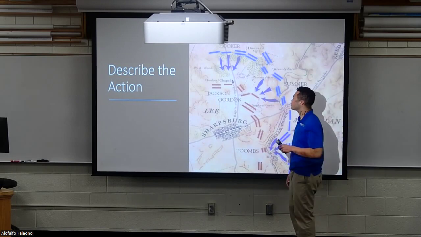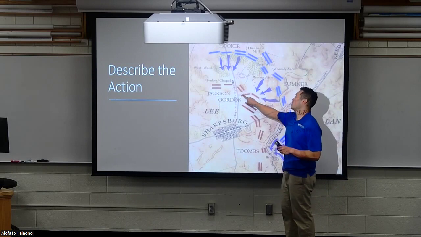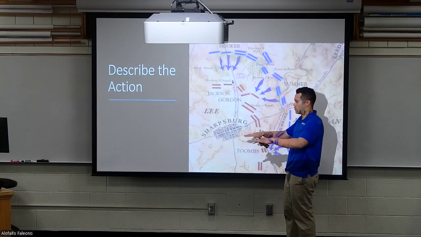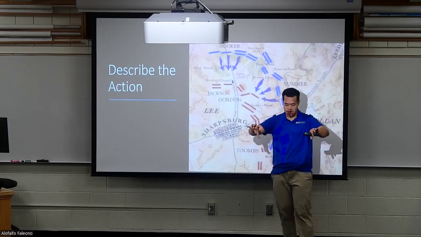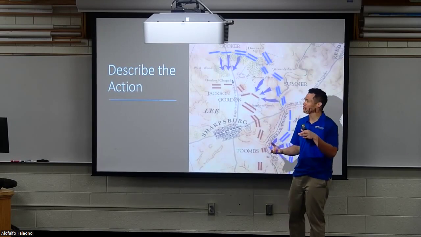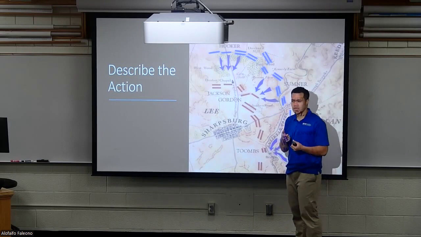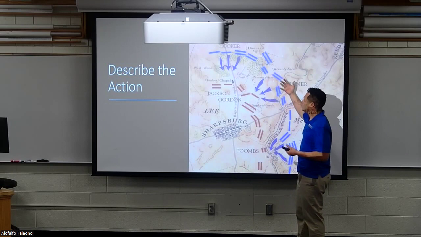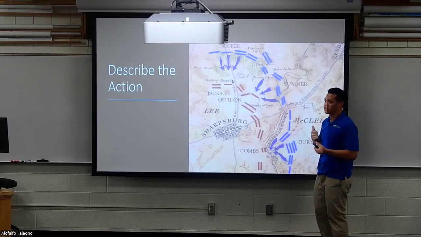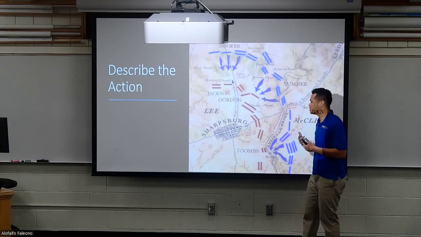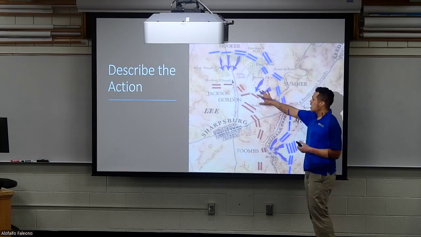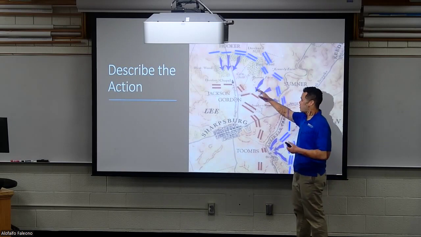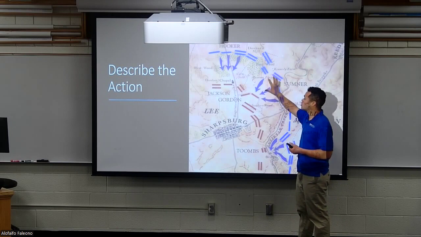Now, what happens in the center? As you can see right here, there's a wagon trail, and this provides a lot of cover and concealment for Lee's troops right here. They also have these large farming fences that they're able to get really dug in behind. The way they're fighting, especially the Union, they're marching kind of how they did in the Revolutionary Army. They're not really utilizing a lot of guerrilla tactics and surprise. They're just marching in formation, and there's a lot of open area. They're just getting peppered by the Confederates so much that they're losing so many people.